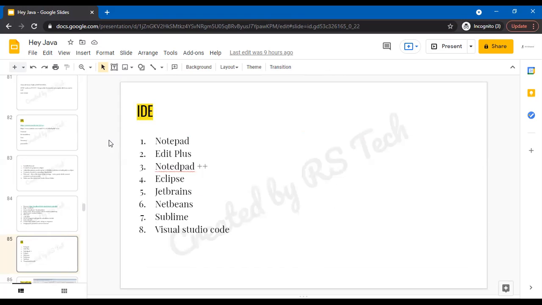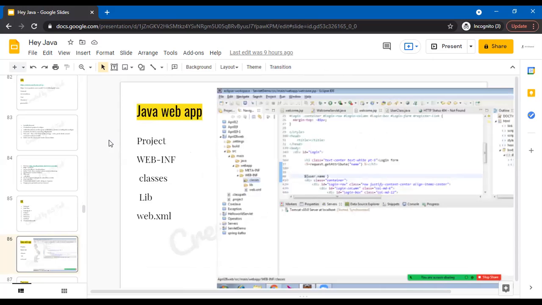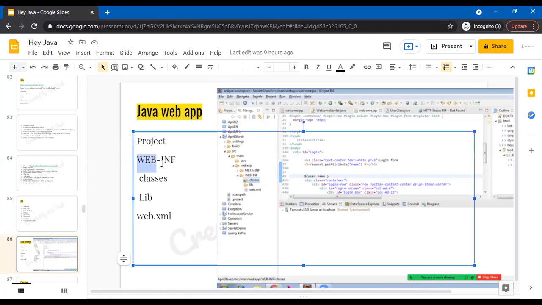So yeah, I think this is the starting point, where these are the IDEs which are used, and the Java web application. So how does a Java web application look like? It has a folder, meta-inf, web app, meta-inf, web-inf. It has classes and a lib. This is a standard. You cannot change this. This has to be web-inf. You can change this folder provided you can write the Tomcat code, since inside Tomcat this will be referred. So you should not change these things. We just go with whatever is there.